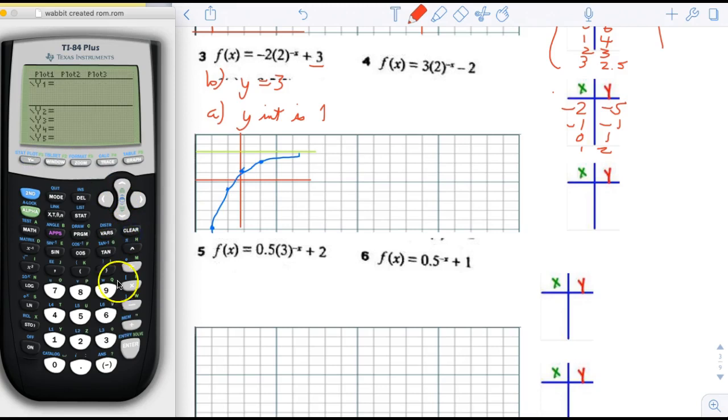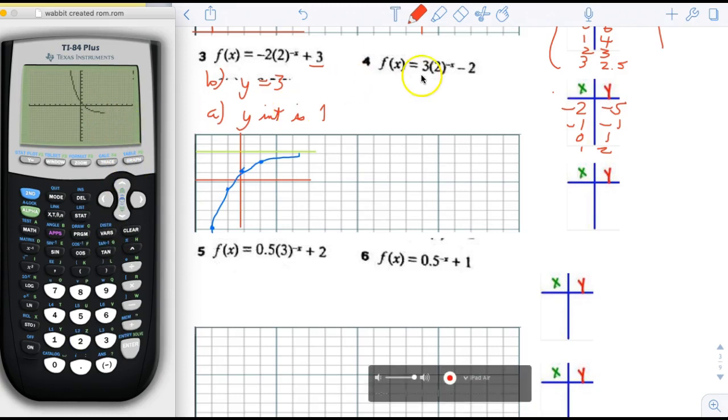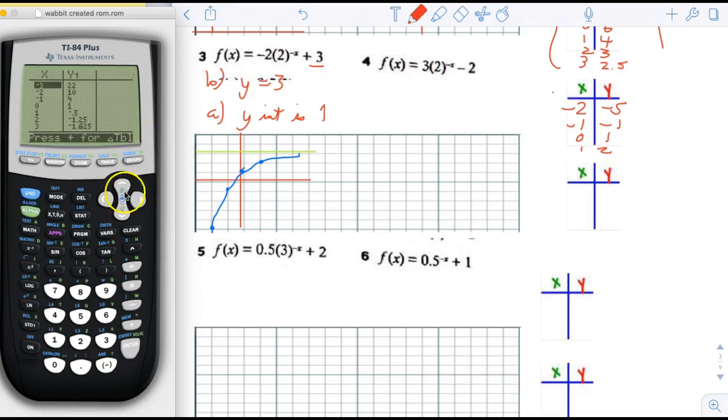So number 4, we're going to put 3 parentheses, 2 parentheses, to the -x minus 2. And then we're going to graph it. This one comes from the top because this is positive here. This one came from the bottom because of the negative here. And so we're just going to look at the table and we're going to write down some of these values